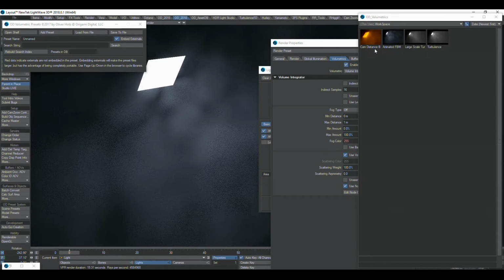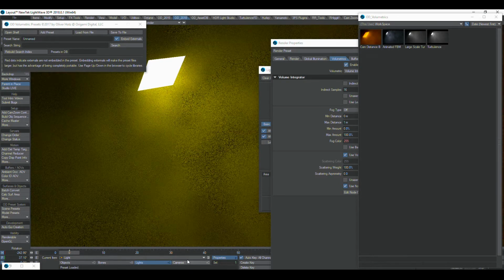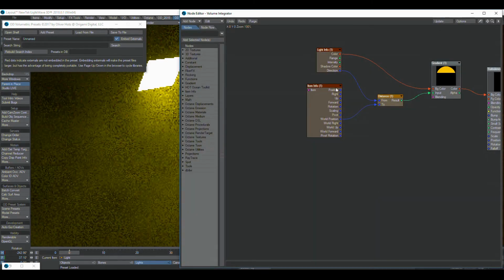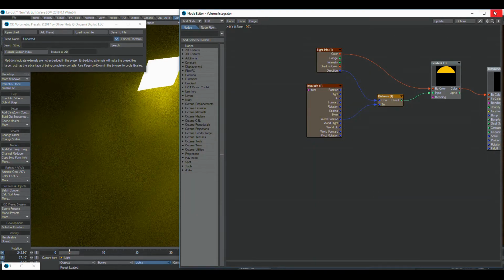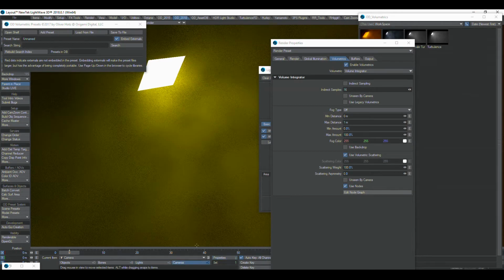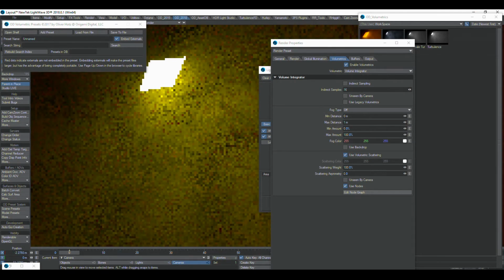You can do crazy stuff where this particular one sets up a whole entire node system in terms of where the light is compared to the camera. So as you move the camera in and out,